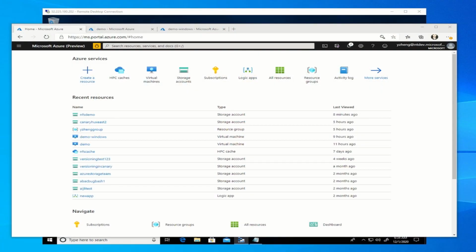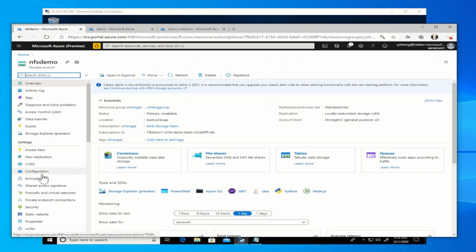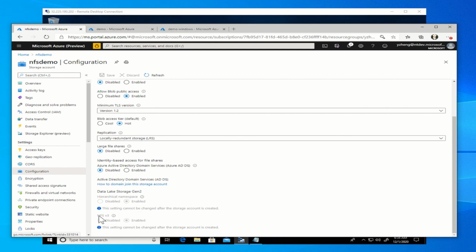With that, I want to do a quick demo of NFS v3. So here I have a portal instance that's looking at the Azure instances that I manage. And I have a specific storage account called NFS demo that I've created. Now, if I look at the NFS demo account, I can see that NFS was already enabled because today you enable it at storage account creation, not afterwards.